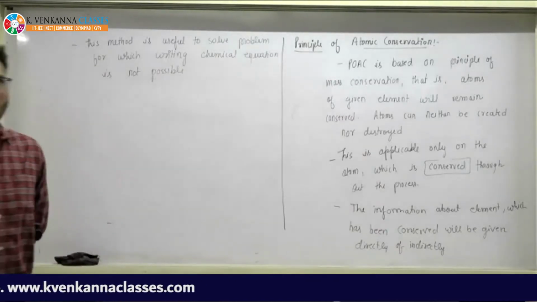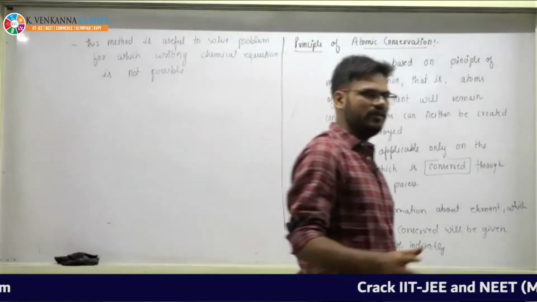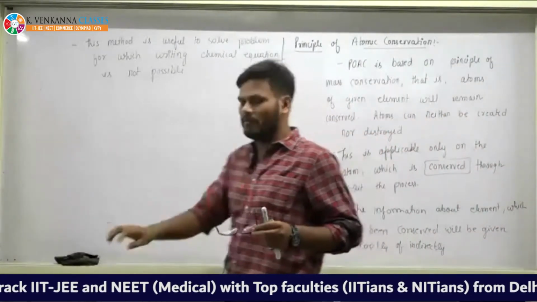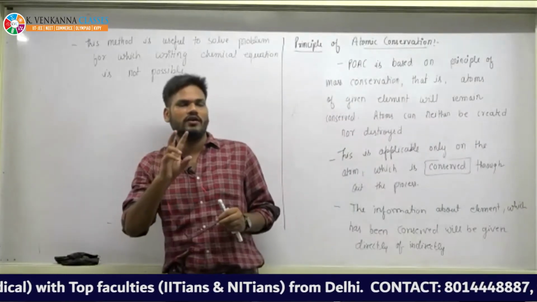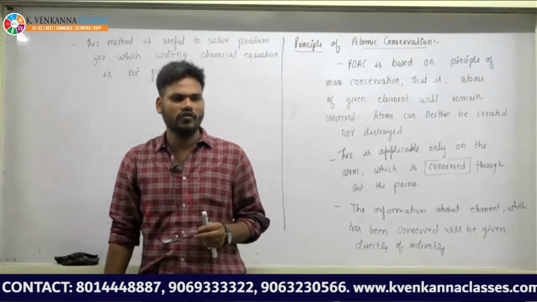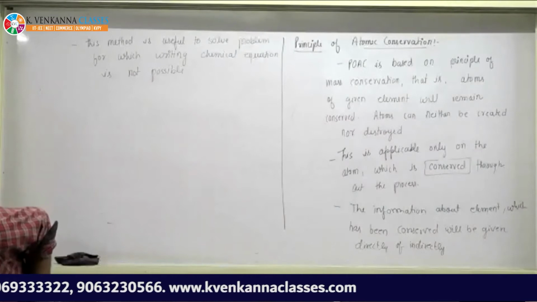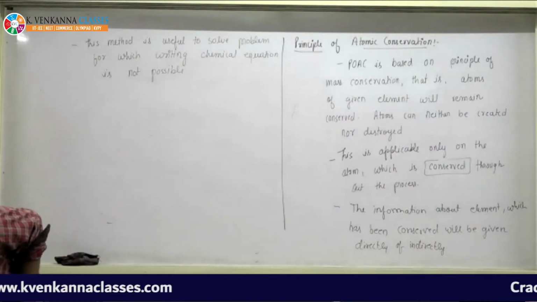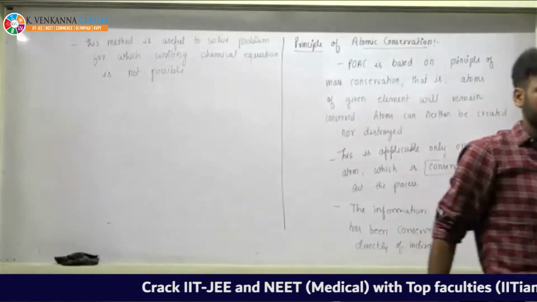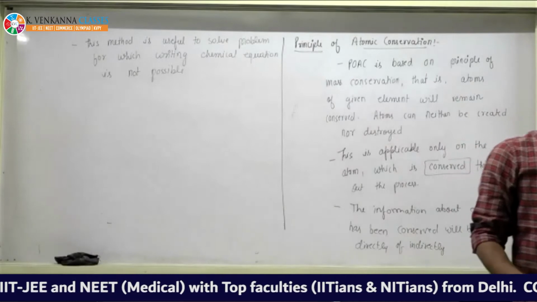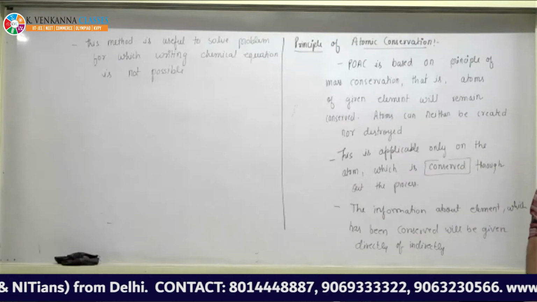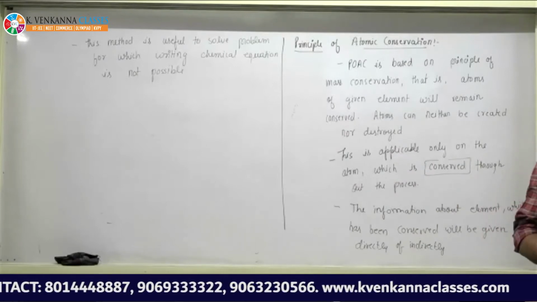If you are not able to write the complete reaction, then you are not knowing about the stoichiometry. If you are not knowing about the stoichiometry, then you are not able to find out the exact molar ratio. And if you are not able to find out the exact molar ratio, then how will you solve? But to solve such problems, it is very important to have information about at least one atom which is kept conserved. Okay, so write it down. I will be giving you a problem. Write it down.